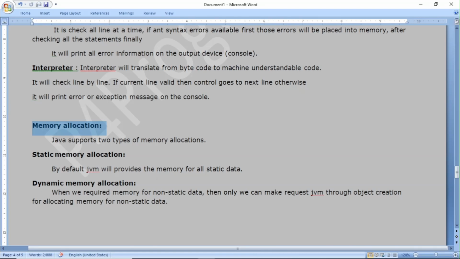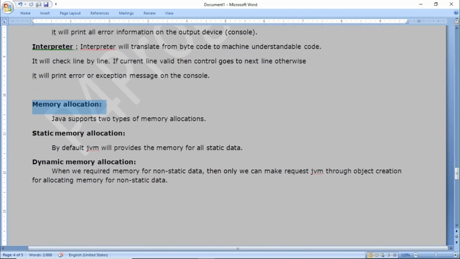We use static for global things. By default, the JVM will provide memory for static data. Dynamic, also called instance, requires that we create an object to give permission to the JVM to provide memory.